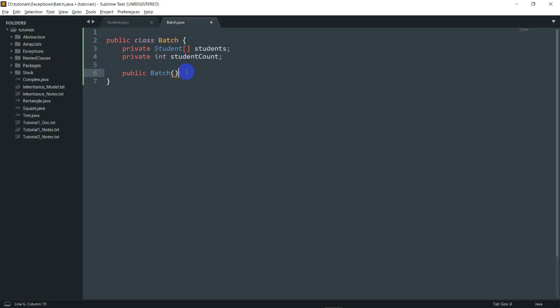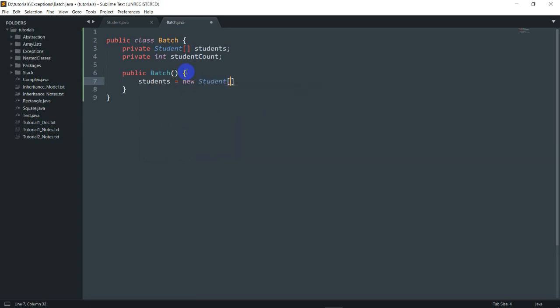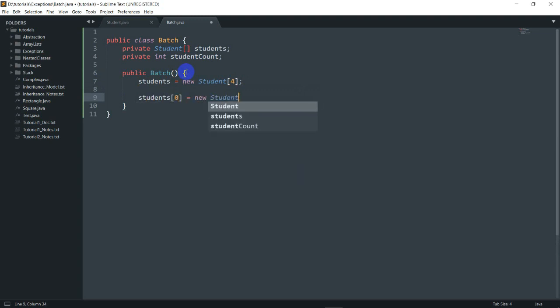So public Batch, and for now I'll just populate this array with random values. So let's just go ahead and first do students equals new Student array with, let's say, 4 entries, and these will be students[0] equals new Student